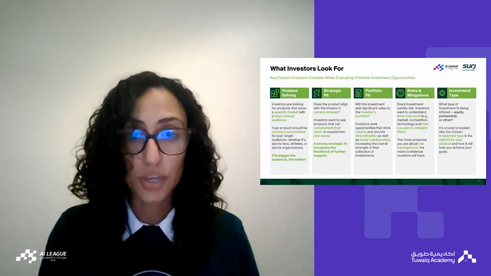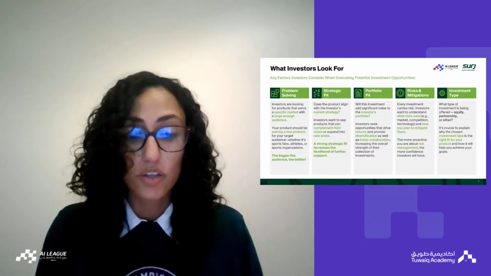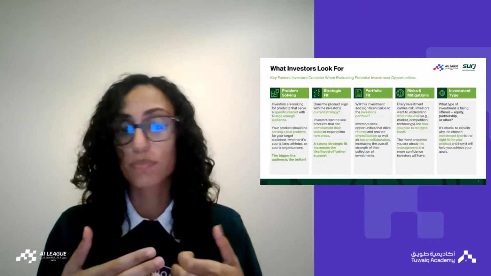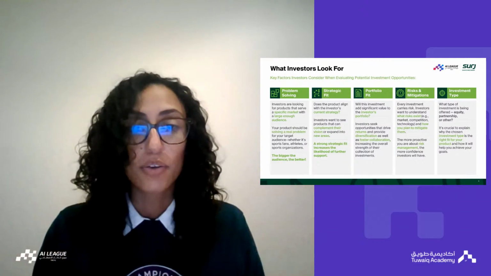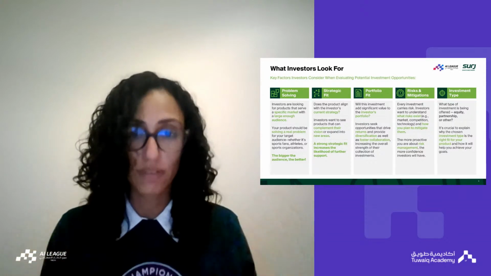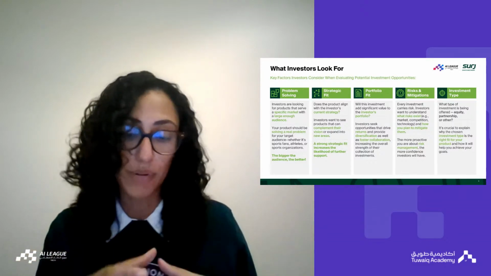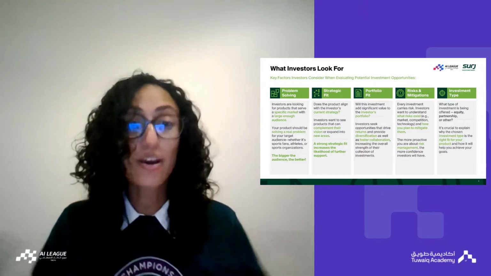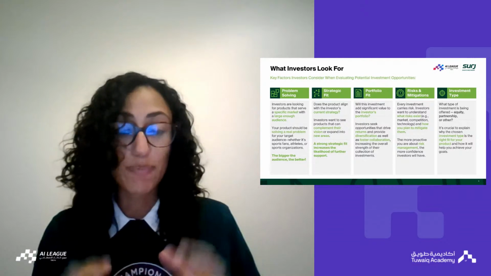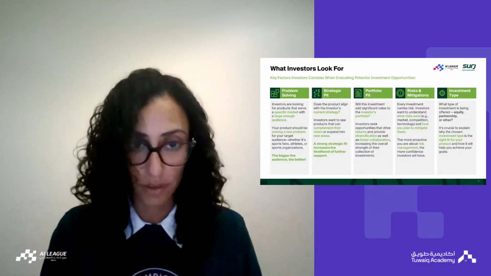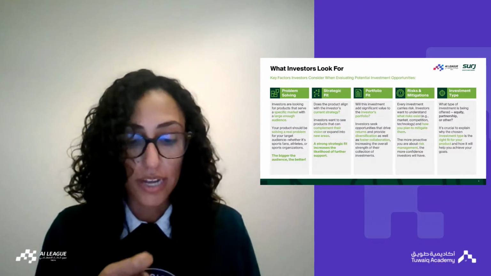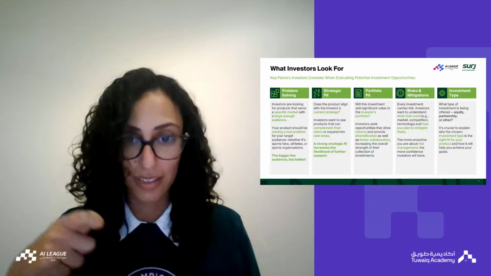The second thing, strategic fit, is knowing who you're asking for investment from. So if it's from Surge or Sky or whomever, you really have to understand who they are and what the strategy is behind them wanting to invest, not just in your company or product itself, but in the ecosystem as a whole. How are they fulfilling their strategy by having you be a part of their portfolio and their ecosystem? And so what's really important there is understanding who you're talking to, making sure you're complementing their vision.